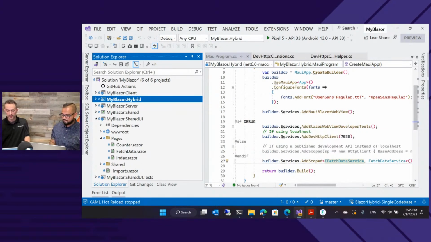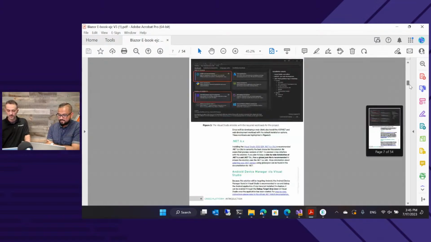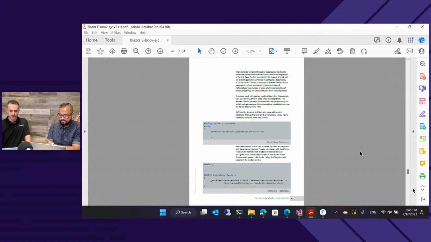And that's where you're going to need it for getting that emulation with localhost. It's chapter 7 in the ebook. I'll mention it one more time, telerik.com/whitepapers. Go grab that. The code's in the back of the book, which looks like this listing. You'll see it in there. Again, it's on a gist as well. You can go grab it off of that.